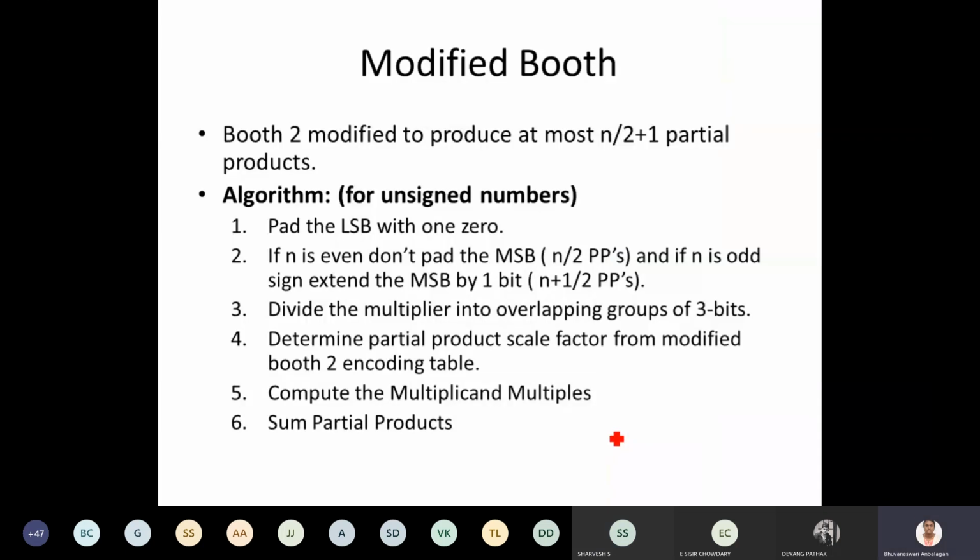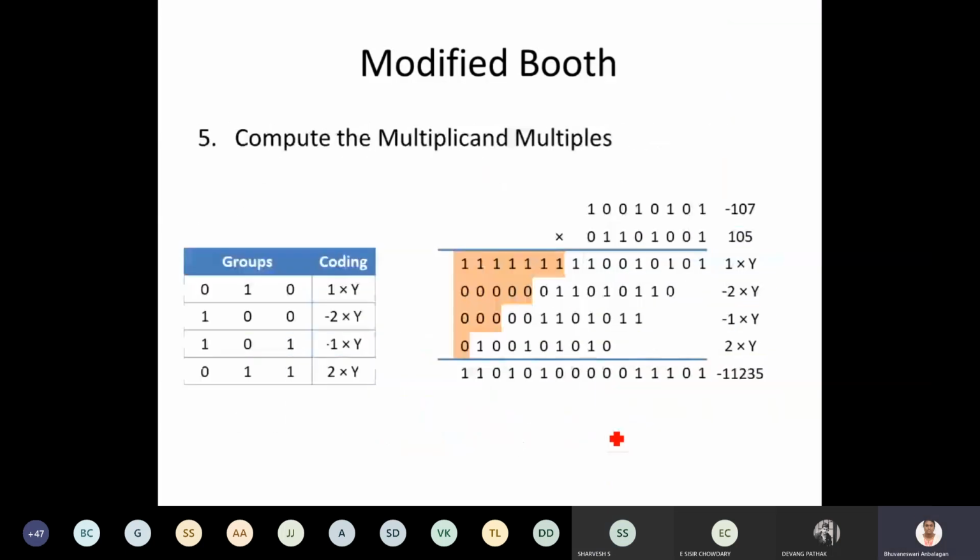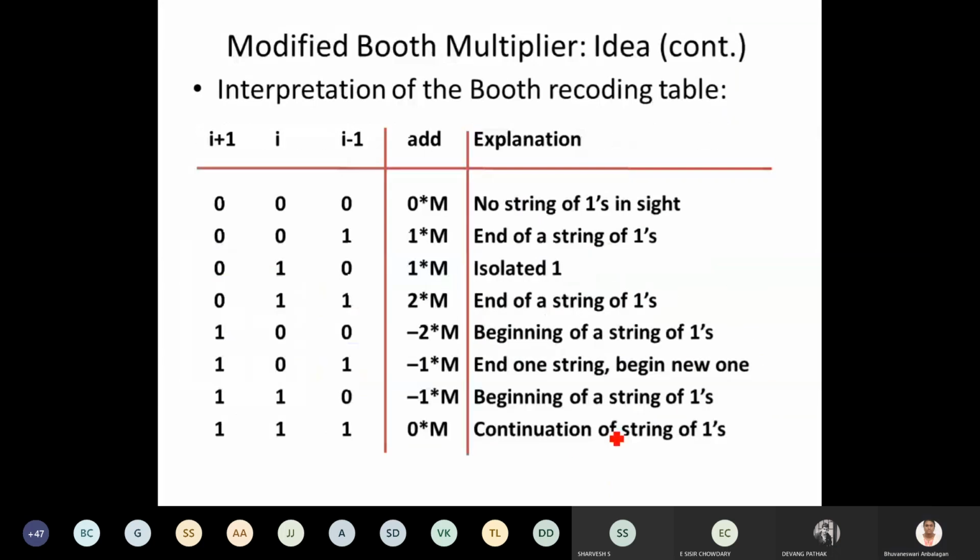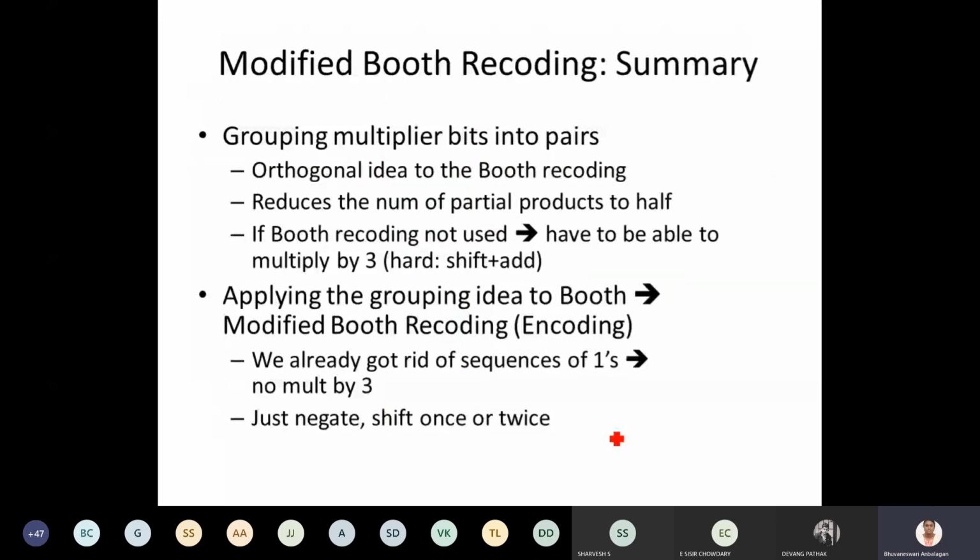Okay. So with this modified Booth's algorithm, again we have seen about this. Let me summarize this modified Booth's algorithm. It involves multiplication over bits in pairs using bit pair encoding. This Booth recoding algorithm is usually not used, but this modified Booth algorithm is used most frequently because it reduces the number of partial products to n by 2 plus 1.